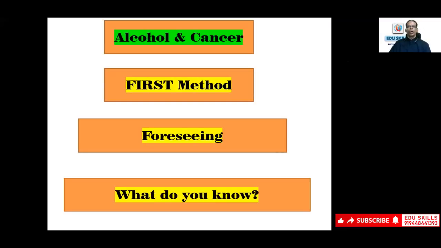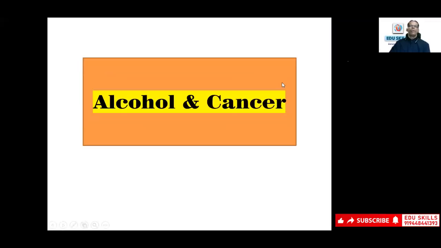What do you know about alcohol? What do you know about alcohol? Just imagine, don't speak out now. You might know many things about alcohol, whether it is good, bad, all those things. You have to foresee, you have to associate. Association and visualization are the topmost skills in retaining what you have learned. So try to visualize, try to associate. For example, as soon as you say alcohol, you might remember some figures in your mind who represent addiction, or maybe your neighbors, or you have seen in a movie or in a reality show, whatever. So we try to visualize and associate. And now the topic is alcohol and cancer.